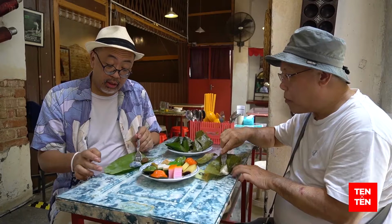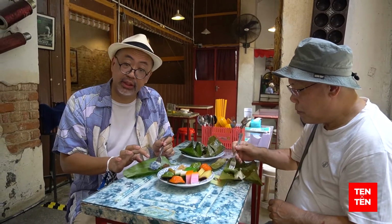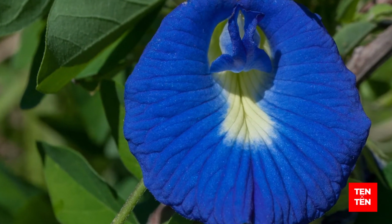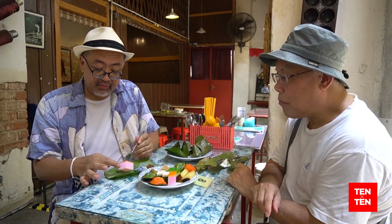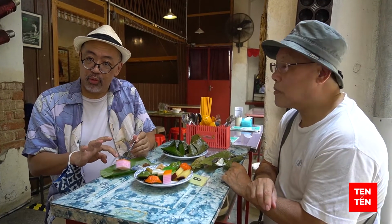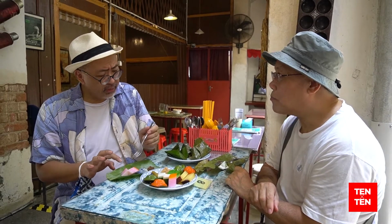And you can see a lot of the Nyonya Kuih are tinted blue using bunga telang. In English, it's called blue butterfly pea flower. This is kuih lapis. The Hokkien will also call it Khao Teng Kuih because it's supposed to have 9 layers. So they have alternate white and pink layers, and the top layer is colored red because it's usually used by the Chinese also for worship,